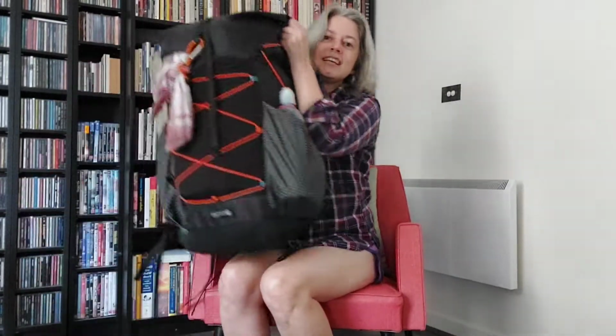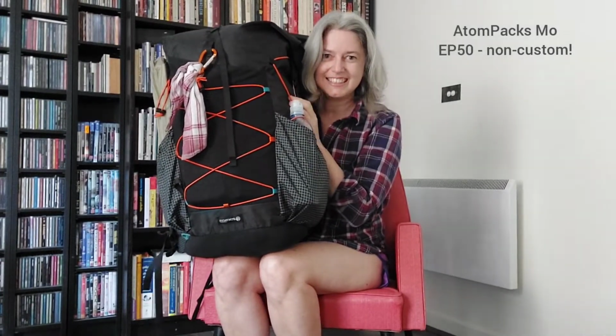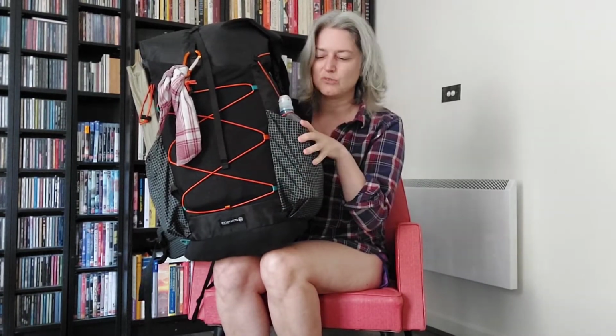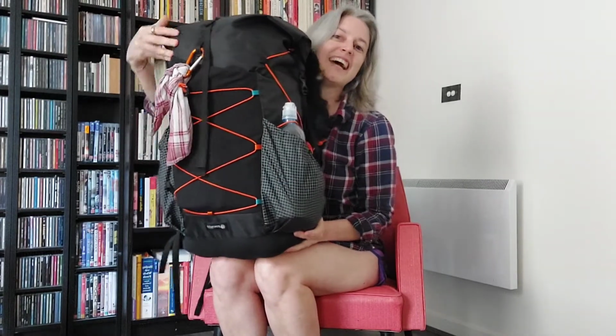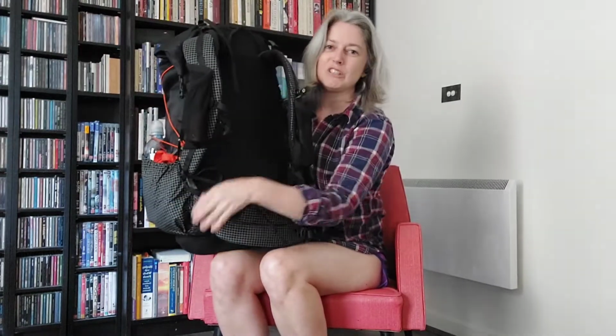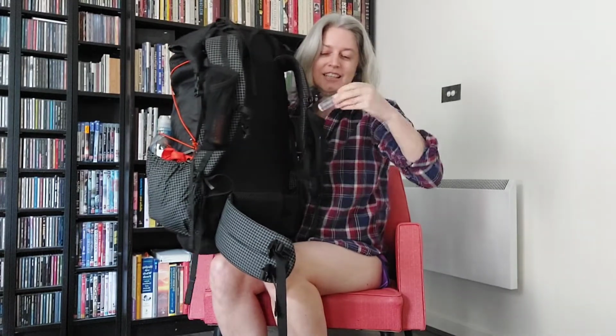With my backpack, this is a 50-litre pack. I think that 50-litre includes the outside pockets as well, so internal space probably closer to 45. Let's start with what I keep on the outside. So this pack has these handy shoulder strap pockets. So in here I have, again, that's just a little travel spray container of saline solution, which is really helpful for leech removal,